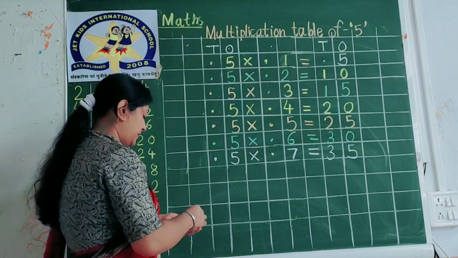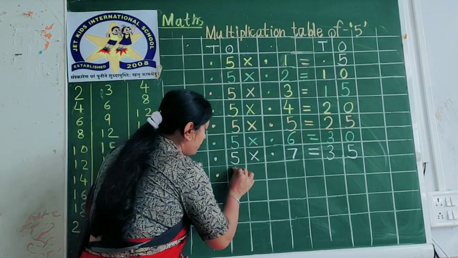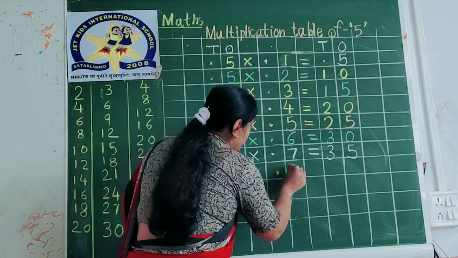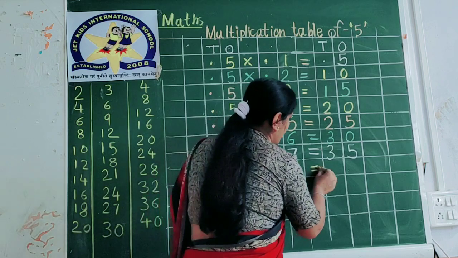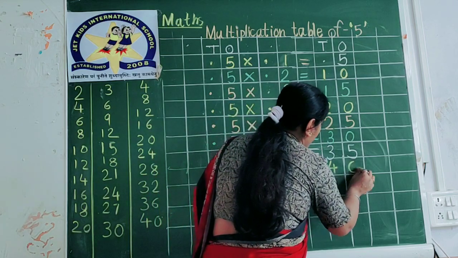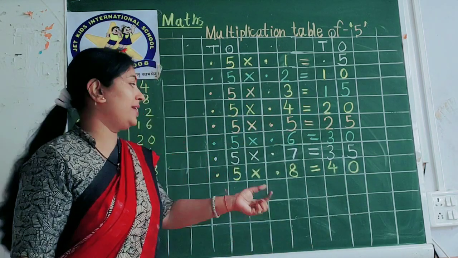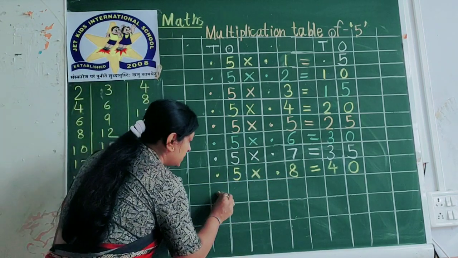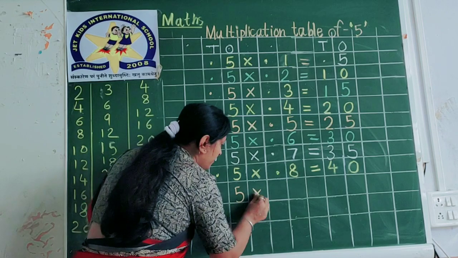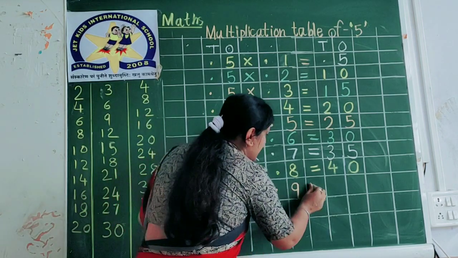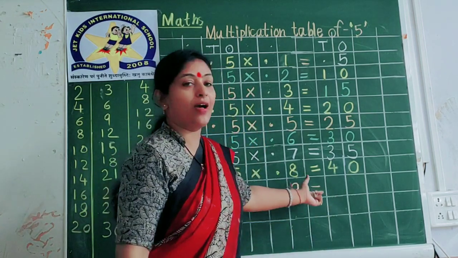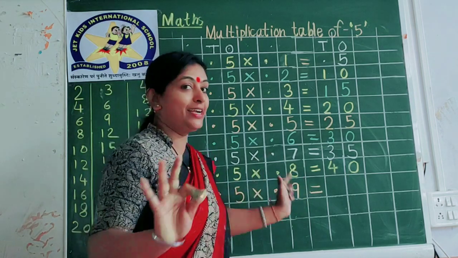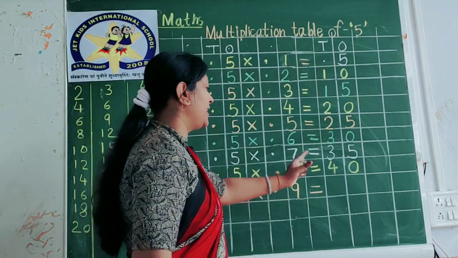Fine. So next is 5 8s are 40. 5 8s are 40. Very good. Next 5 9s are, yes, now 5 9s are means 5 nine times. Okay, so 5 9s are